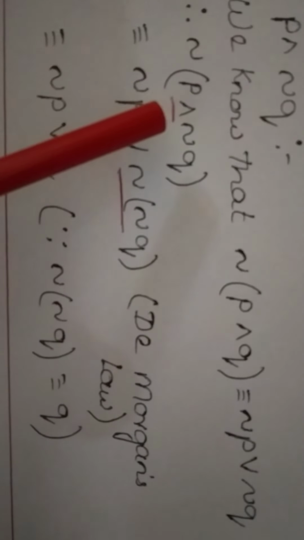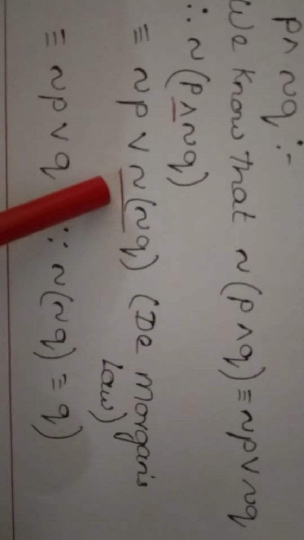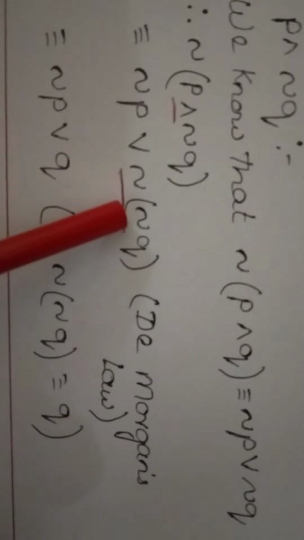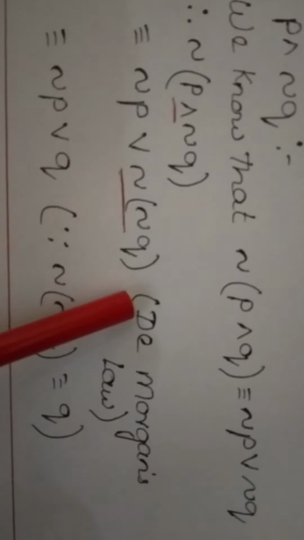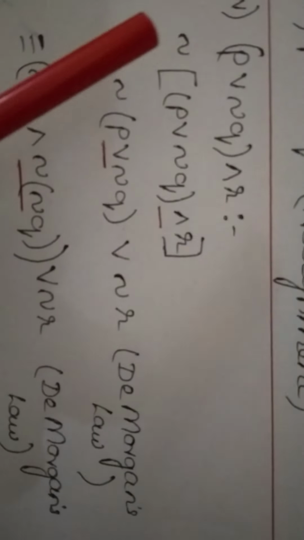Whichever connective has been modified, I have underlined it in red ink, so you can make it out. Now you find that in this step, there are two negative signs. We know that the negation of a negation of a statement is the statement itself. Thus, the negation of not Q is Q. So in the next step, we get not P or Q. The next question can be done just like the second question, so I have left it as an assignment for you. We move on to the fourth question.